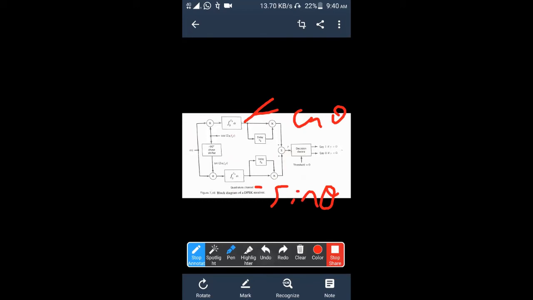So after integration, in the first channel, the top channel, which is called the in-phase channel, you will get positive cos theta. In the lower channel, called the quadrature channel, you will get negative sin theta. So keep this in mind. In the next operation, this cos theta and sin theta are stored in this delay. That means delay elements have memory where the input is stored for a duration of TB, that is 1 bit duration. Afterward, it is produced back to the multiplier.